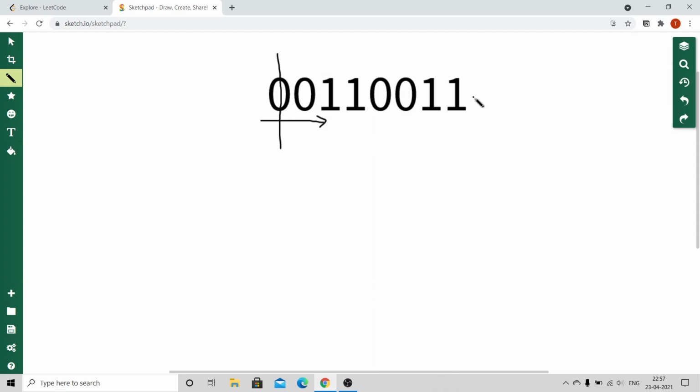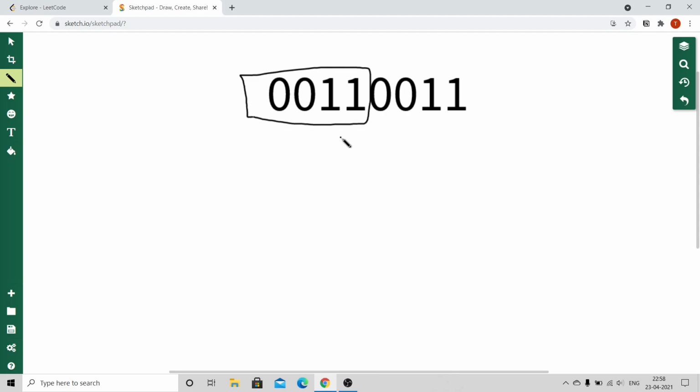Now I'll try to answer this question using a more optimized approach. The optimized approach is as follows. First, let us take a look at this string 0011. Now, if I give you this string, what do you think would be the maximum number of valid substrings that can be formed from it? Let me repeat my question. What do you think could be the maximum number of valid substrings we could get from this string?